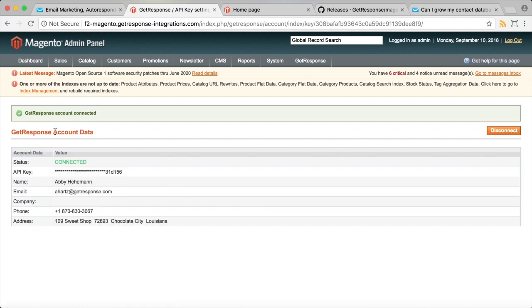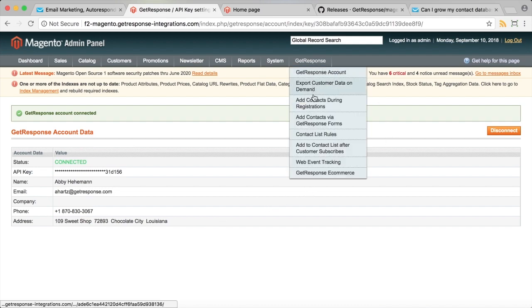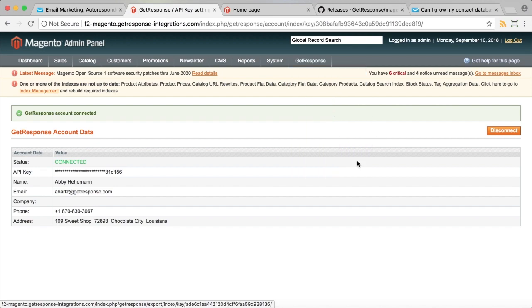And then we can see we're connected, and it gives you all of the information that's already downloaded about your account details. And then what's handy is you can basically go through each section here on the GetResponse menu for the different areas that you want to integrate with GetResponse. What I would, for example, do next, after I've done the GetResponse account, is go all the way down to